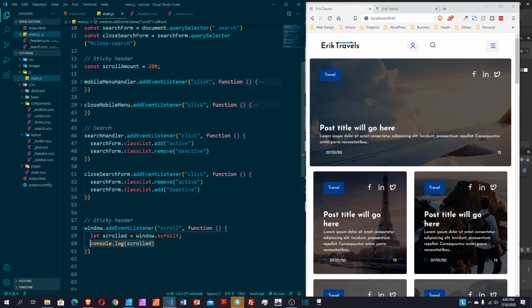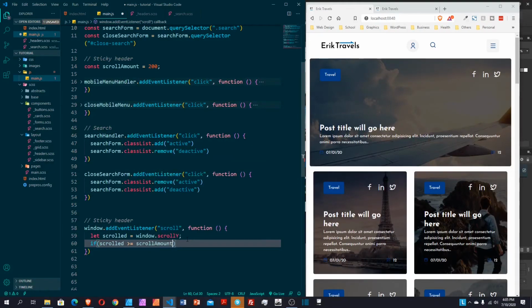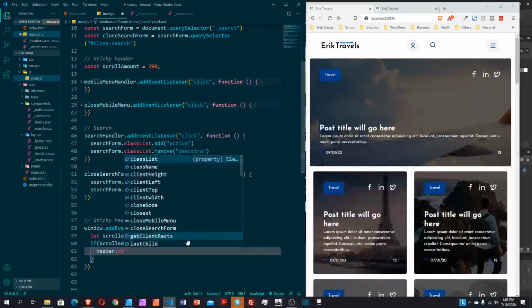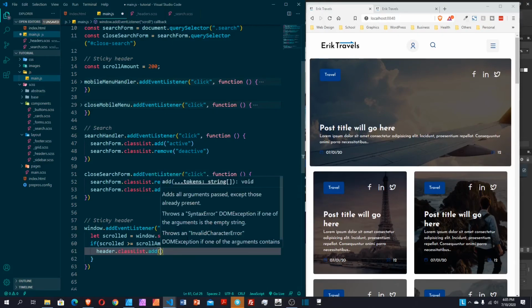So I say if scroll, the amount how far we have scrolled, is greater than or equal to our scroll amount, then we grab the header, then we add class, we add the fix class,